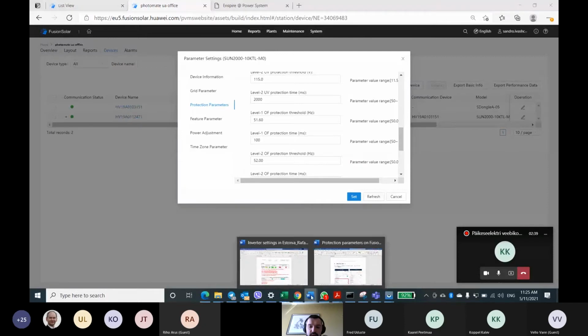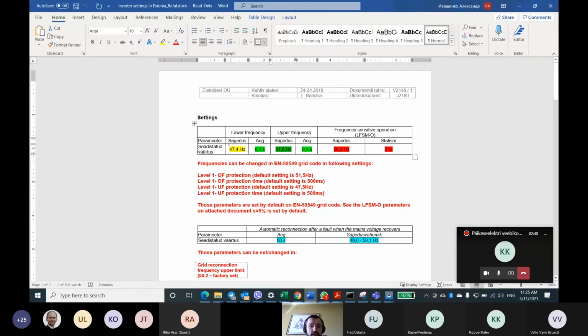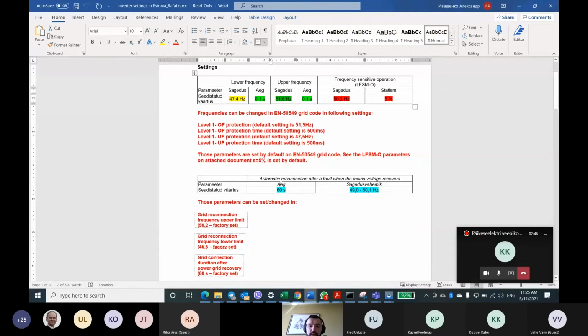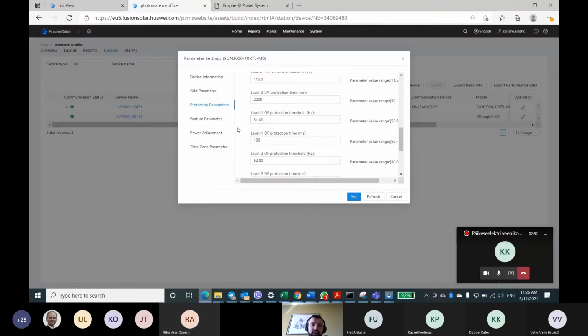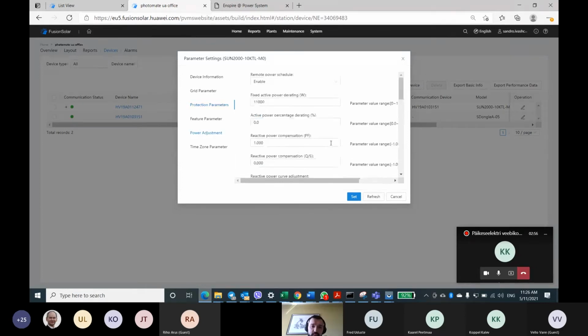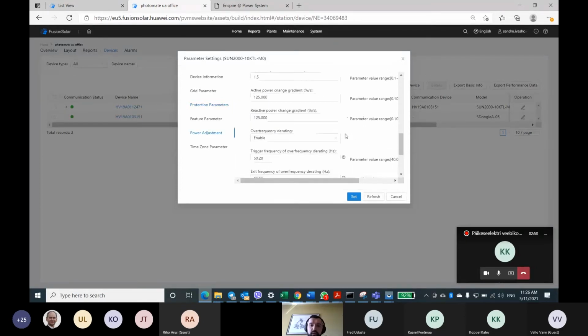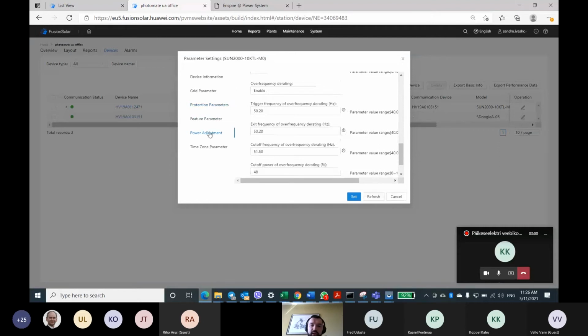The next one is to change the statism, which should be 5%. So we cannot modify the statism value itself, but we can modify this: you need to go to power adjustment, and here is over frequency derating.